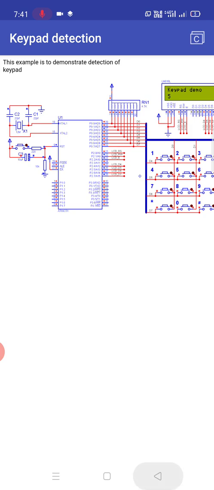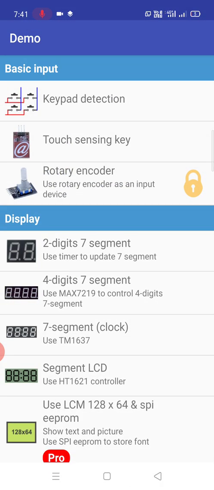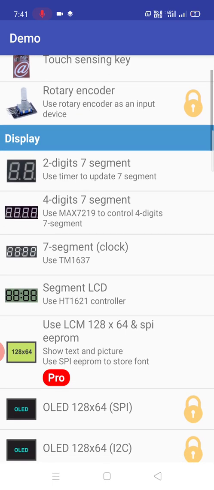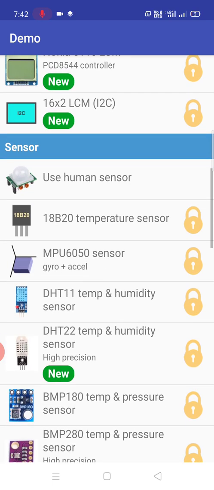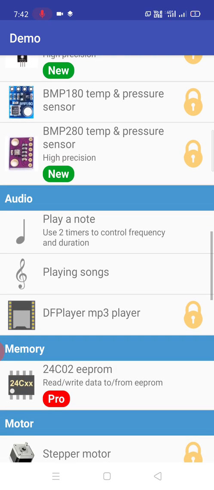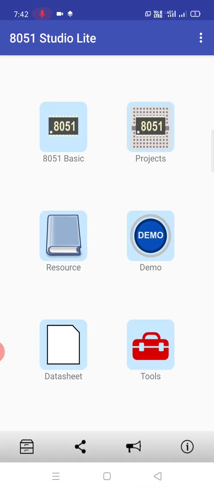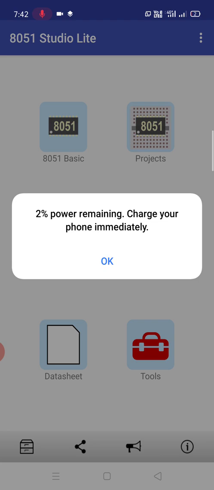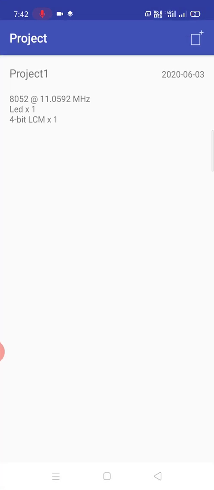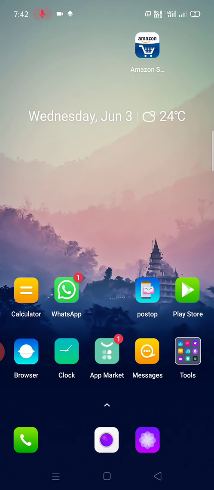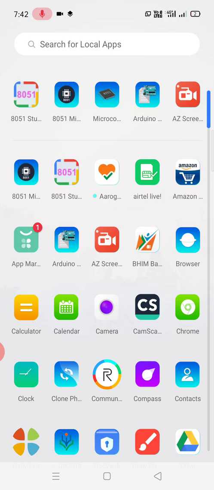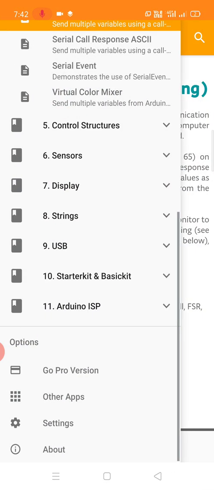You can use these circuits, and a few display circuits and sensor applications. How to connect the sensors, everything we can see in this application. If you want to build a small project with the 8051, you can build it using this application. So this is about 8051 Studio, and one more important application is Arduino,